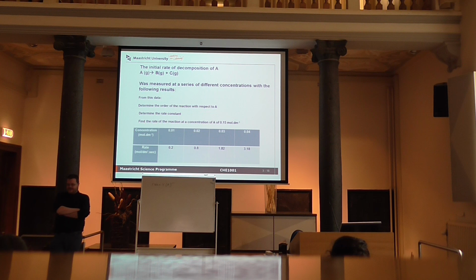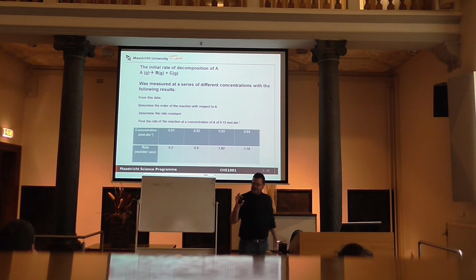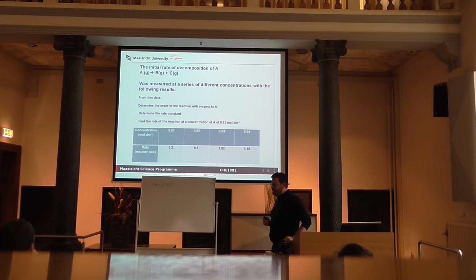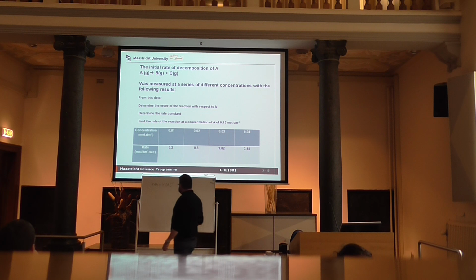We don't have time. That's a fact. If we had time, what could we do? We could plot it. Like I just said, you could plot the concentration over time, you could plot the natural log of the concentration as a function of time, and you can plot the reciprocal concentration over time and see what you get. And from that, you can determine if it's 0, first or second order. But what else could we do? Something like that, yes. What about this? Just look at this equation, right? From this equation, we know